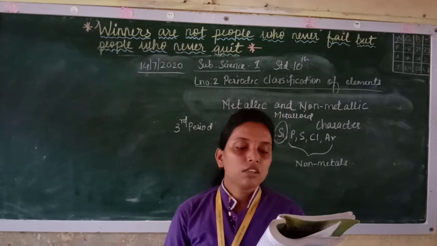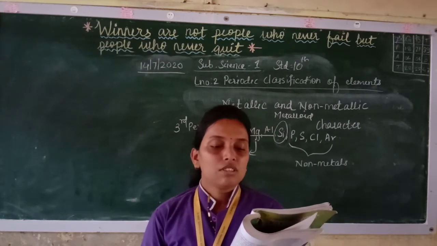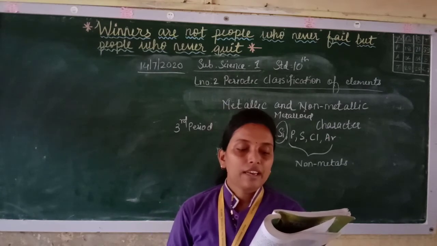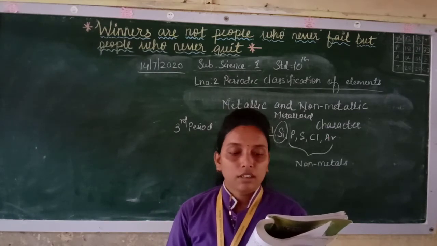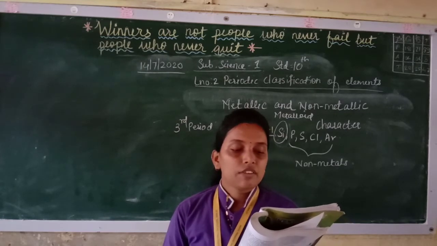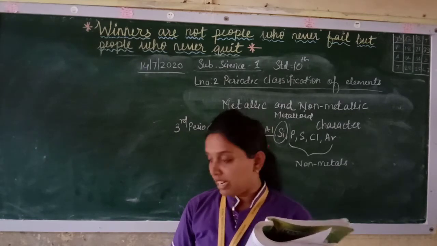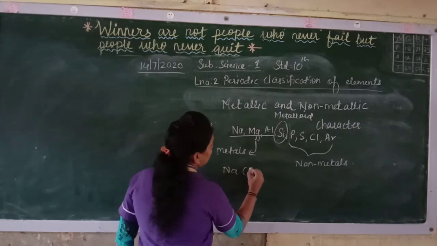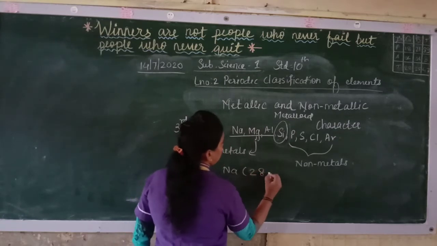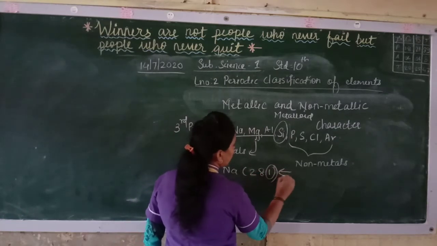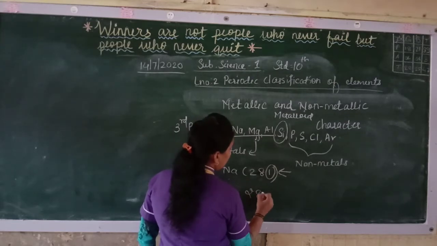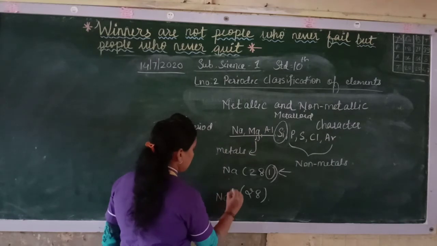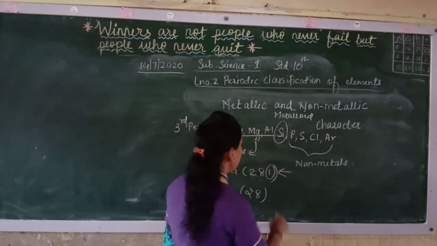It is seen from the chemical formulae of simple ionic compounds that the cation in them is formed from a metal, while the anion is formed from a non-metal. From this it is understood that metals have a tendency to form a cation by losing valence electrons. Now for sodium, if you see, it is losing this electron, and the ion it is forming is Na plus.